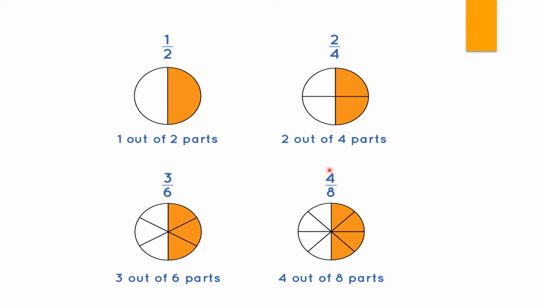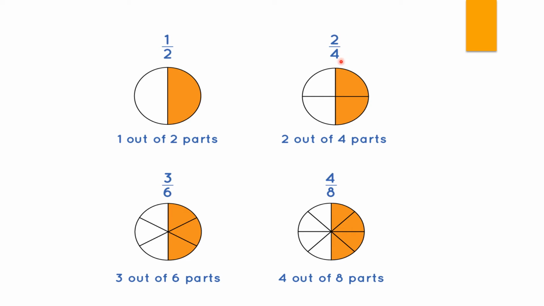So what I want to say by this is that if you see them, you will find these are all equivalent fractions. Now what are equivalent fractions? They can be said as fractions that have different numerators and denominators, but they represent the same value. Now how do they represent it? If you divide or multiply the numerator and the denominator by the same number, you can make an equivalent fraction.